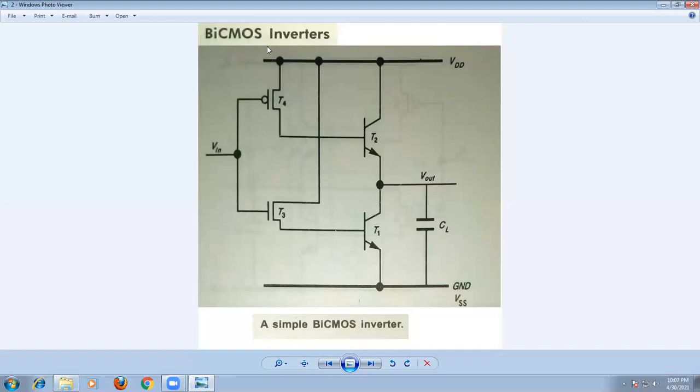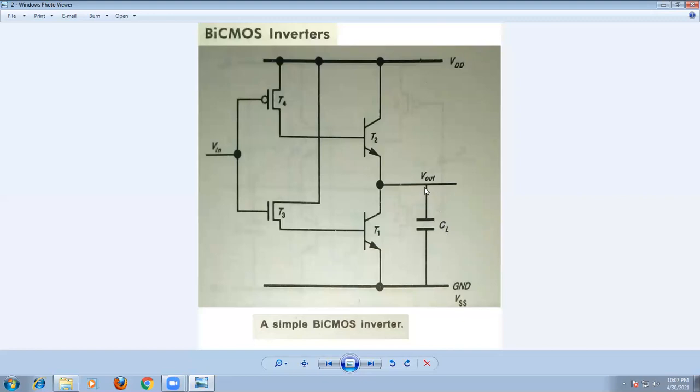But come to the BiCMOS inverters. We require extra transistors here, two transistors, just observe here. The circuit is also somewhat different in this case. This is the p-type channel. This and this transistor behave like a CMOS configuration, and we have the bipolar junction transistors placed on the output side to drive the heavy load. This is the heavy load we can consider here. A capacitive load is what we call a heavy load. A simple load is nothing but a resistor, but this is a capacitive load.